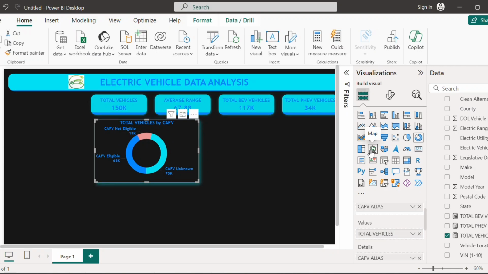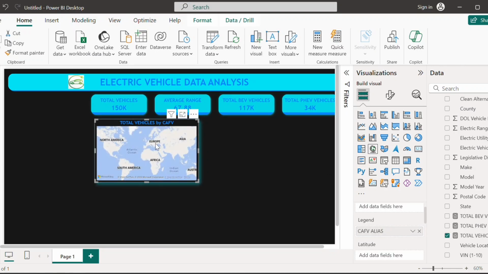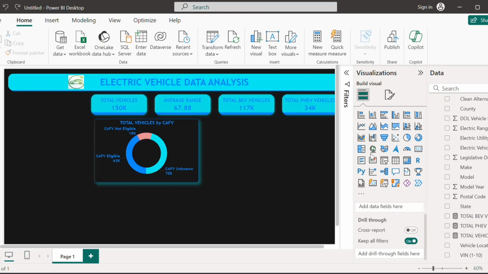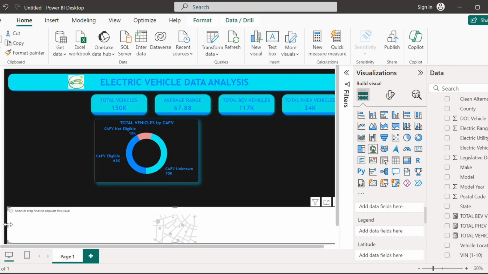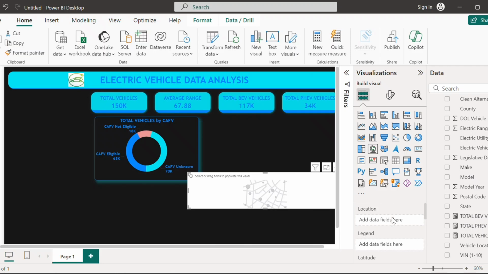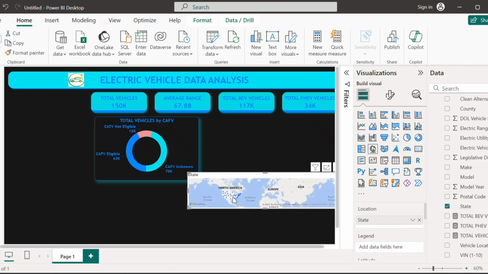To add, use this map option. We will click on this, and you will see that the map has been added. In this map we will add the location. Location will be provided by this state column, and you can see that the whole of the North American map is highlighted with bubbles. Now we have to add data to the bubble, and the bubble size option will show us which state is using the electric vehicles more. So in this bubble size option, we will add the total vehicle column,